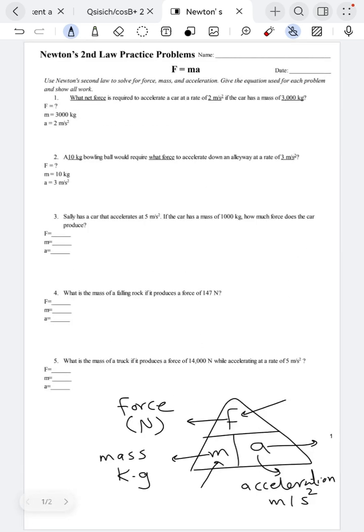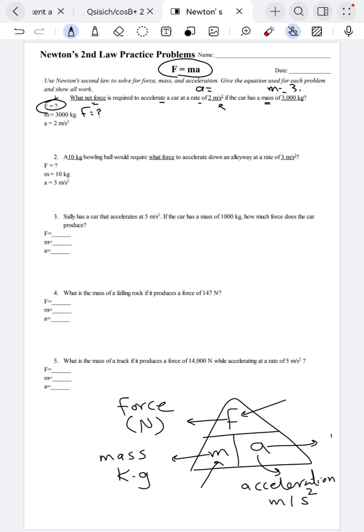Okay, let's go through it. Here he put a general formula that F equals MA. Let's read the first question here. What net force is required to accelerate a car at a rate of 2 meters per second squared? So he's asking about the force, so here F is unknown. He didn't mention that it's acceleration, but I can look at the unit here. It's meter per second squared, and we said that acceleration is measured in meters per second squared, so this stands for acceleration. So here A, and he mentioned here the mass, so M is equal to